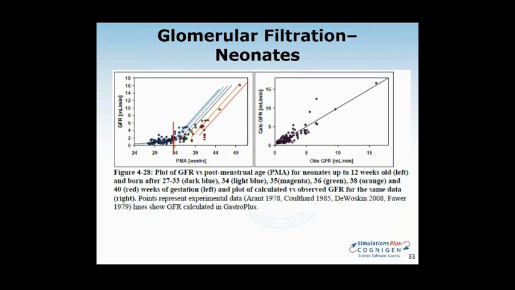If the baby is more premature and was born before about 33 weeks, before the nephrogenesis was completed, you won't see that immediate rise in the GFR until the nephrogenesis completes around 33 weeks, and then it would start increasing. So again, a little bit more complex treatment that we had to include, but all of these processes are included in the physiologies to account for more rapid changes in the GFR in the very young neonates and infants.